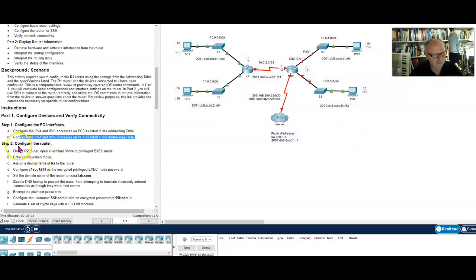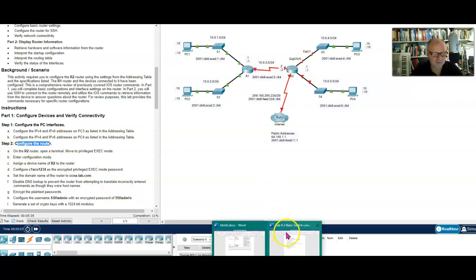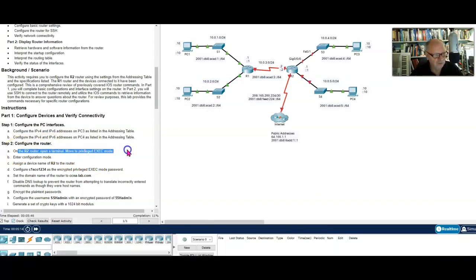All right, let's go down here to the configure router, and some of these you may know already, and some of them you may not know already, but it doesn't actually give you the commands in most cases. It just says do this, and so that's why you might need to refer back to that set of notes that I was showing you a little while ago. On router R2,